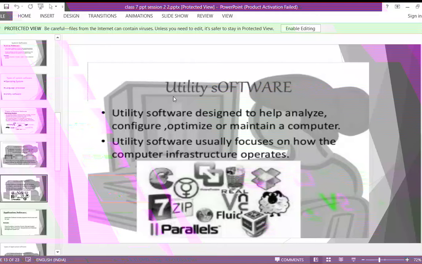Next, we will see the third type of system software, which is utility software. So what do you mean by this utility software? This utility software is designed to perform maintenance work on a computer system. It means, suppose if you want to clean our system, storage is full, and you want to clean that, then you are going to use some software, that is utility software. Sometimes your mobile storage is full, and which software do you use to clean that? You're using a cleaner as software.